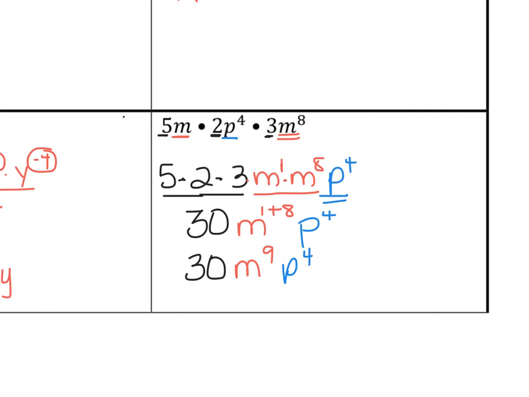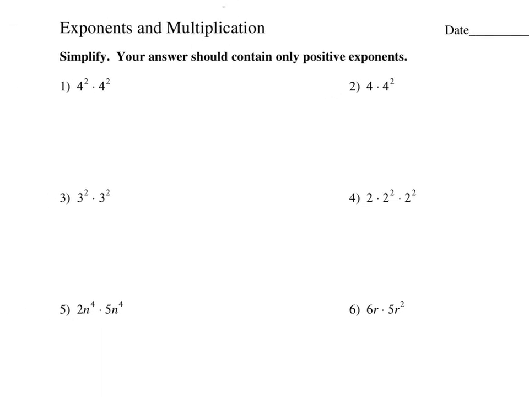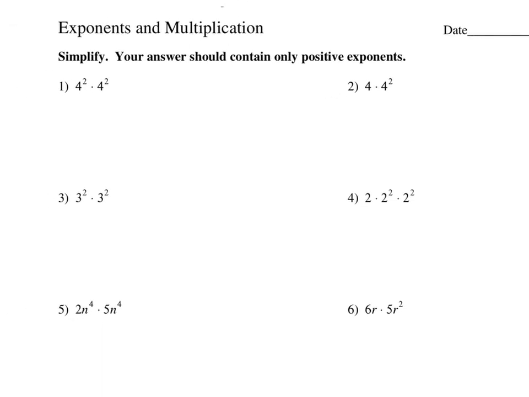Okay, flip your paper over and take a look on the back. There are 12 examples. I would like you to try 10 of them, and if you have me muted, then I guess you can't hear that. So the directions say to simplify, your answer should contain only positive exponents. And I believe your answers will only contain positive exponents. So, for example, in number 1,